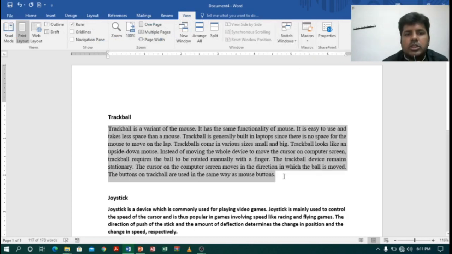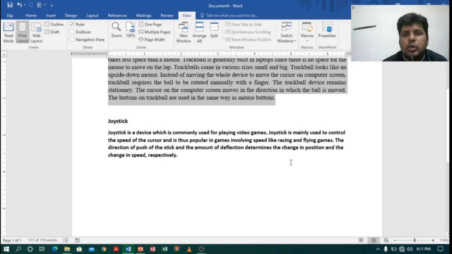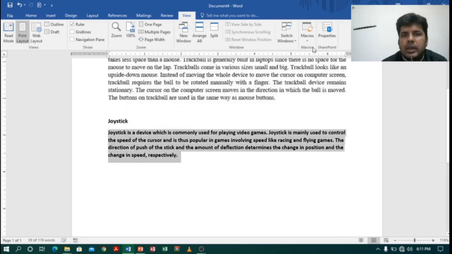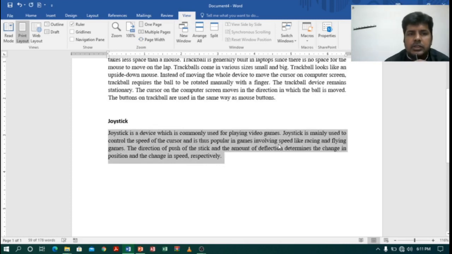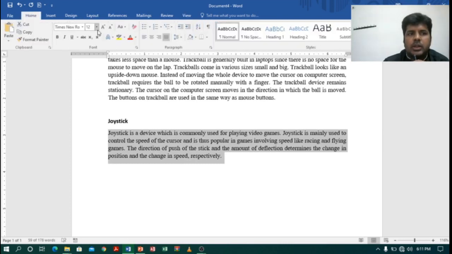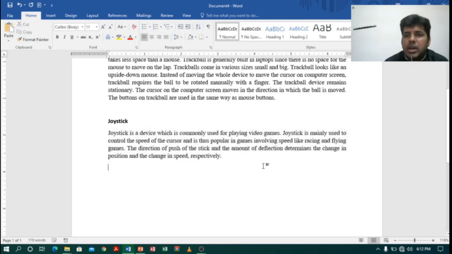So whatever steps I have done will be recorded by the macro. And now if I want to apply it to the next paragraph, I don't need to do all the things. So I'll select the paragraph and press the shortcut key Alt P. Nice. Now you can see my text is unbolded, changed into Times New Roman, and you can also see the text increased to 12 and it is justified. Nice, right? So multiple steps are done within one step. So this is how our macro will work.